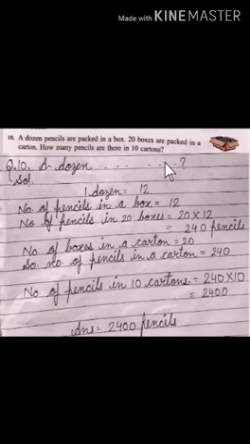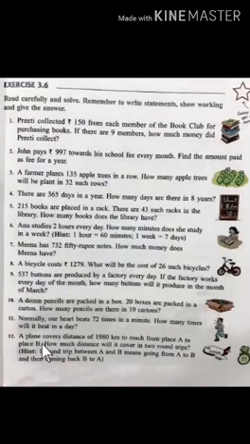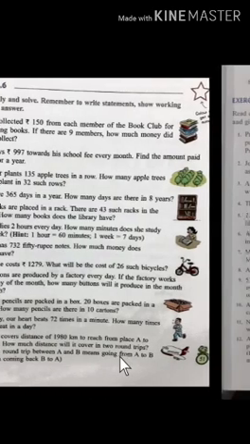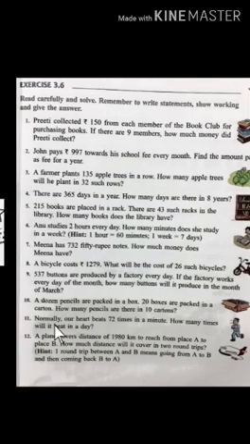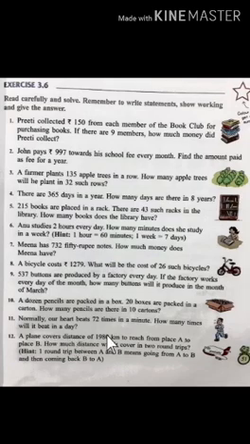Now students, read question 11. Normally our heart beats 72 times in a minute. How many times will it beat in a day? Our heart beats 72 times in a minute, but you have to find out the heartbeat in a day. So first of all you convert the day into hours and the hours into minutes. So you find out how many minutes are in a day. So check it, how will you do it?